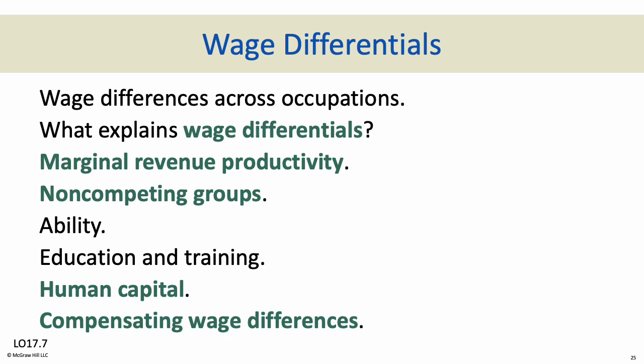So, wage differences across occupations and what explains them. Even within one occupation, you can have differences in pay. A surgeon just starting out would make a lot less than one who has years of experience and is famous, for instance. If we focus on the effect of labor demand on the wage differential, we can see that the strength of labor demand varies greatly among occupations due to differences in how much occupational groups contribute to the revenue of their respective employers. The marginal revenue productivity for these types of workers is high. We can see this illustrated in the demand for professional athletes.